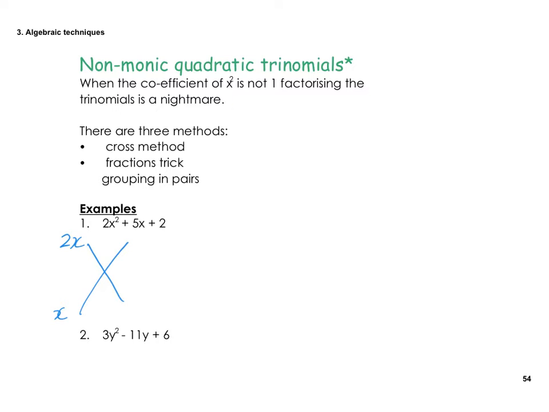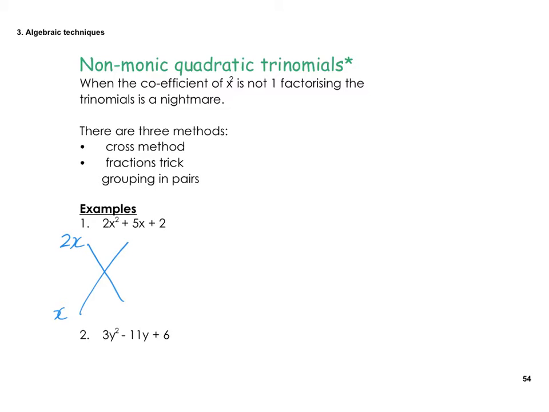But remember, when we read through the cross, as in this and this, it's got to add to the middle term of 5x. I'm going to start by showing you the wrong approach, and we'll go through why it's wrong. Now obviously, to get 2 we have 1 times 2. So I'm going to put 1 here and 2 here. Let's now move through the crosses. 2x times 1 is 2x. 2 times x is 2x. Now, does 2x plus 2x equal 5x? Obviously it doesn't,